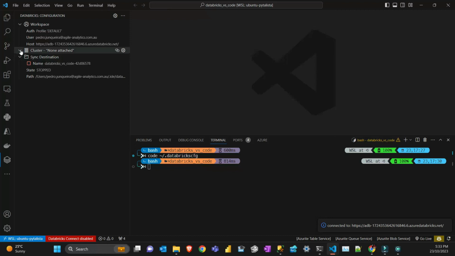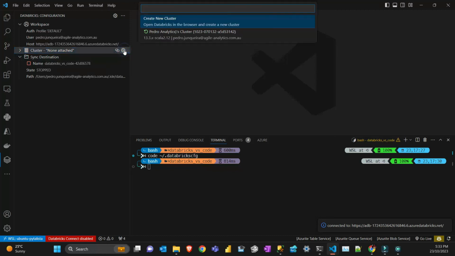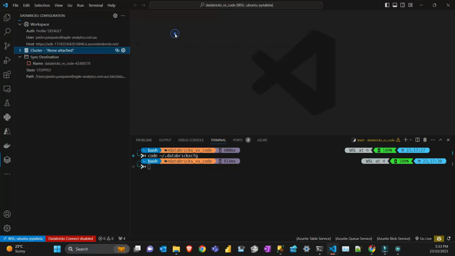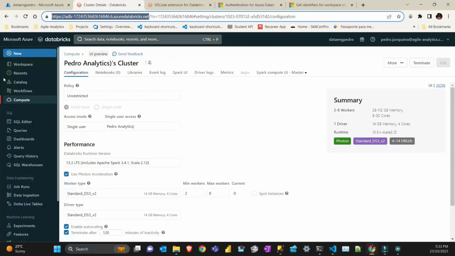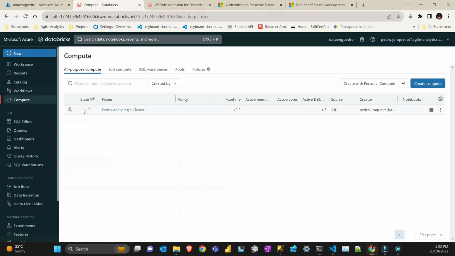I have access to my cluster. I don't have anyone attached. I click here on that cog, and that's the one that's being started. So let's see if the cluster is already started. No, it's still starting. Let's wait maybe a couple minutes, and then when it's started, I can run the code. So in the meanwhile,